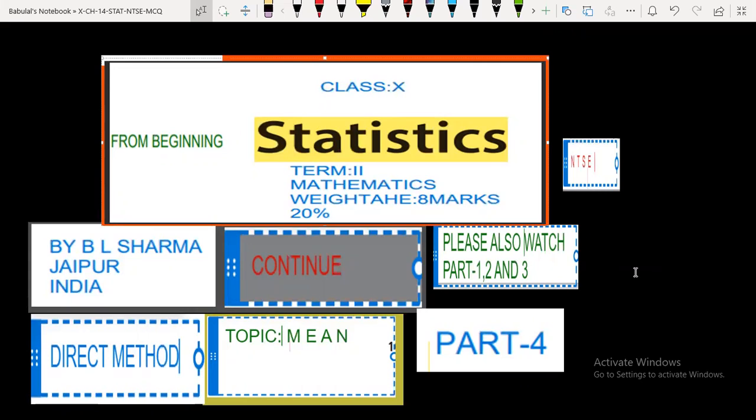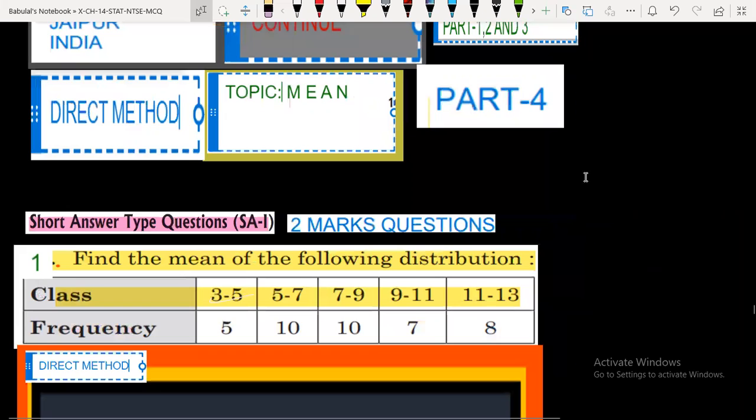Right. The weightage of this chapter in term 2 is 8 marks out of 40 marks. So it becomes 20%. So if you do statistics for the term 2, it means you gain 20% marks. Right. So without wasting the time,